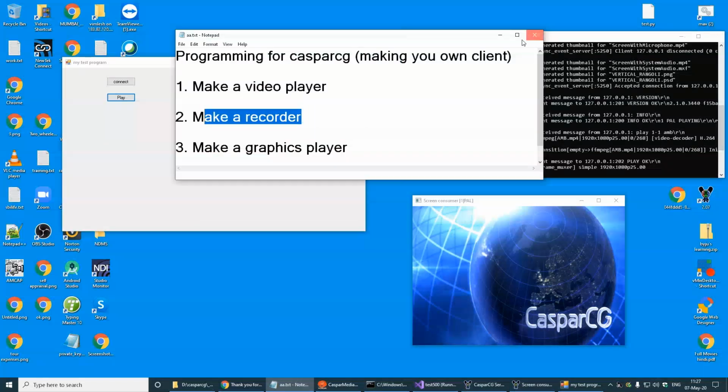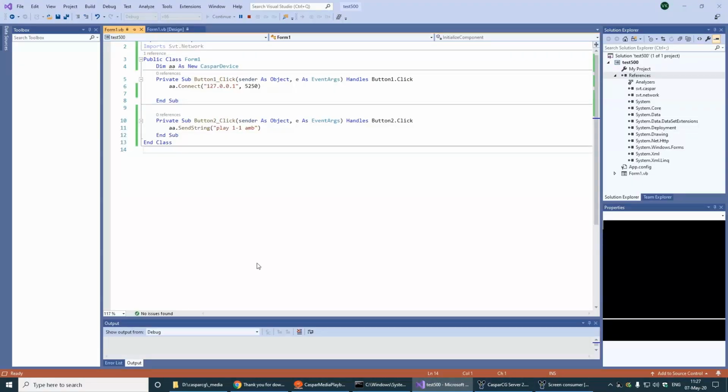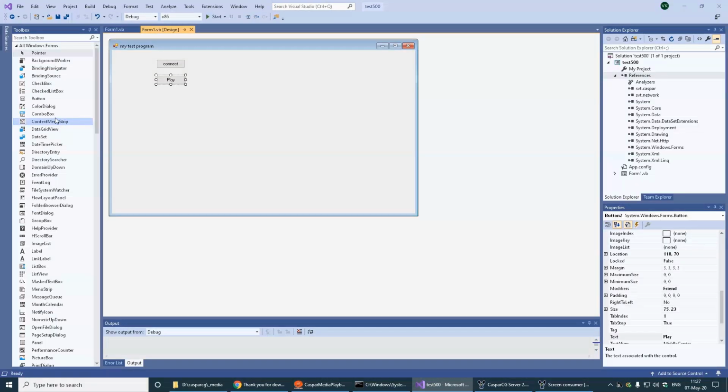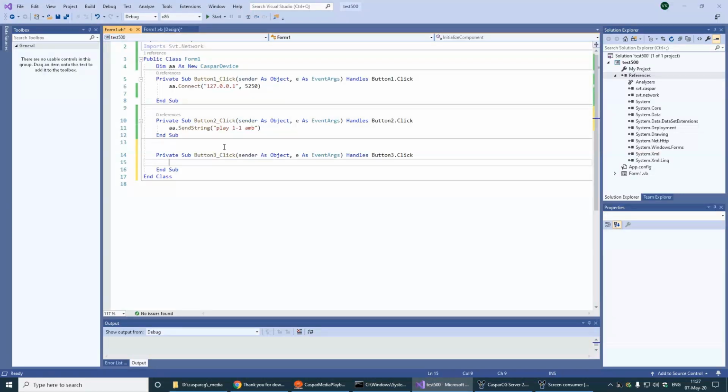Now I will make a recorder. Close this and again add a new button. I have copied the same thing. I will first make a button for stopping that playing video. So I will copy the same syntax and paste it. Only I have to change the command, meaning that was playing and it will stop.